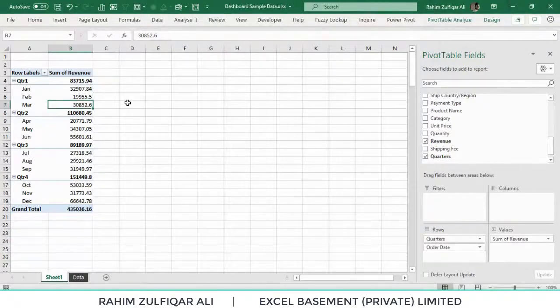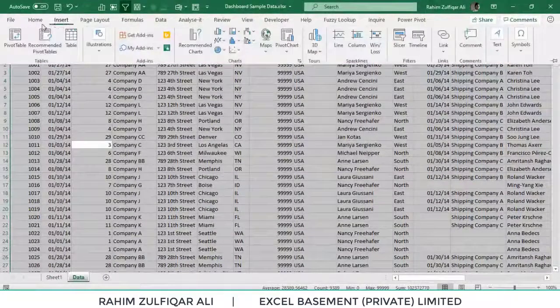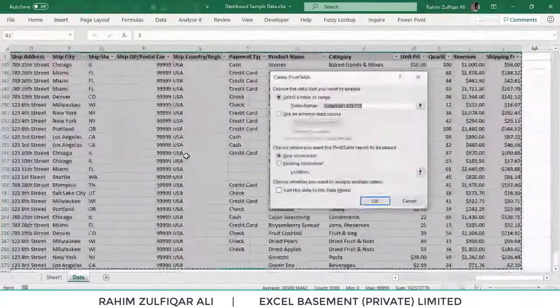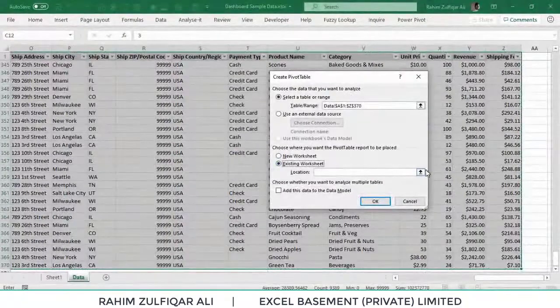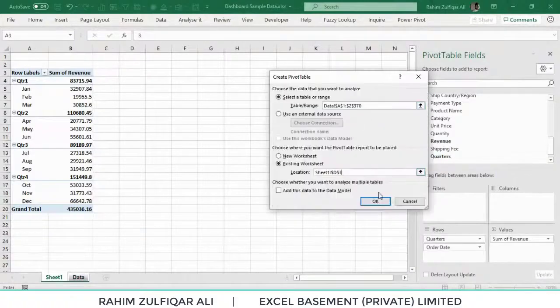Now, with respect to Excel dashboards, normally we also take some summarized or short reports into our dashboards, and usually we use Excel pivot tables for that. But there is one issue. For example, if I create one more pivot table from this data set, I select the data, go to the Insert tab, click on PivotTable, and create it in the existing worksheet, just next to the previous pivot table.